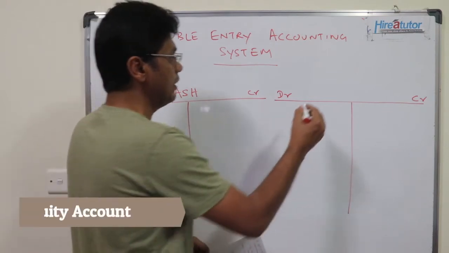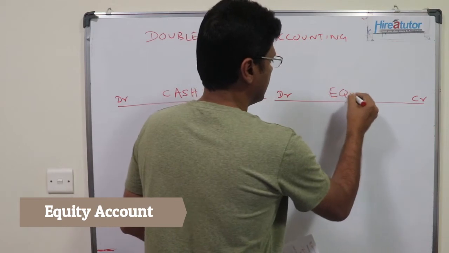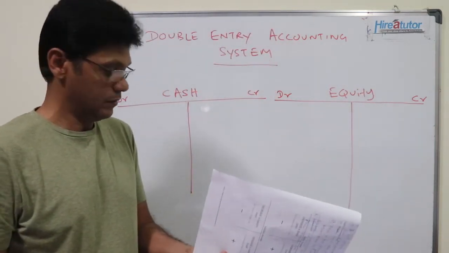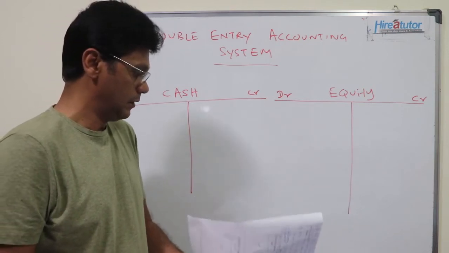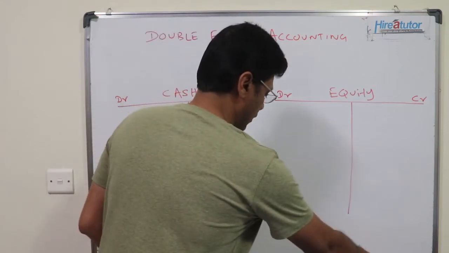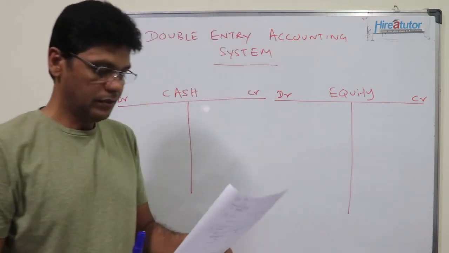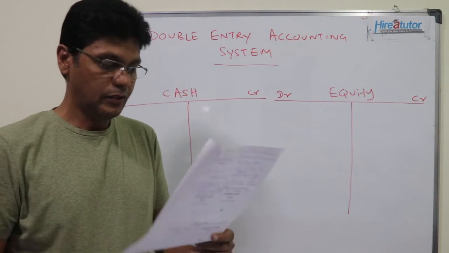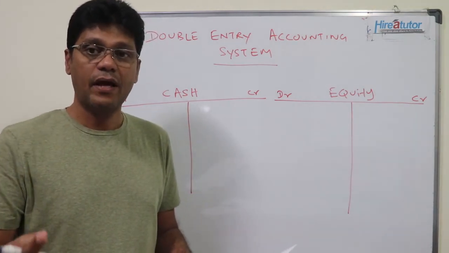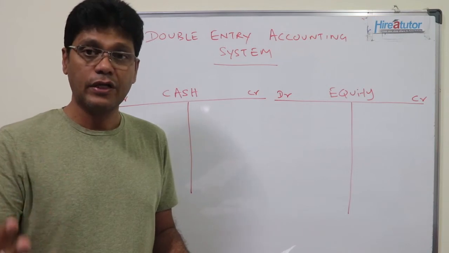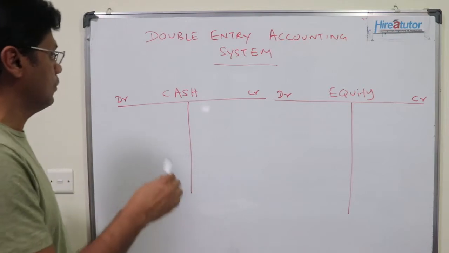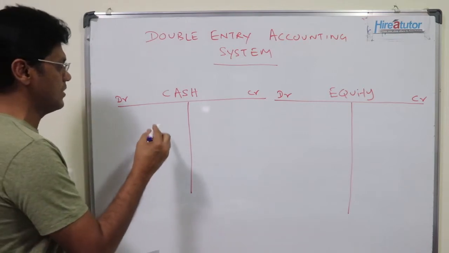So therefore we need equity account. Then the 500,000 is received by the business, so therefore asset will increase. Apply the rule, accounting rule. Increase in asset will be debited. So therefore you need to debit the cash account